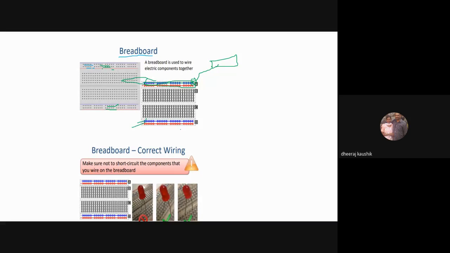So one pin connected to this would give the same supply to all of these pins. And the lines in the middle are horizontally connected when you see from this side, but for now, it is vertically connected from our point of view. So one input to this single pin would give the same input to these four pins as well. So a breadboard is used for our connection easiness.